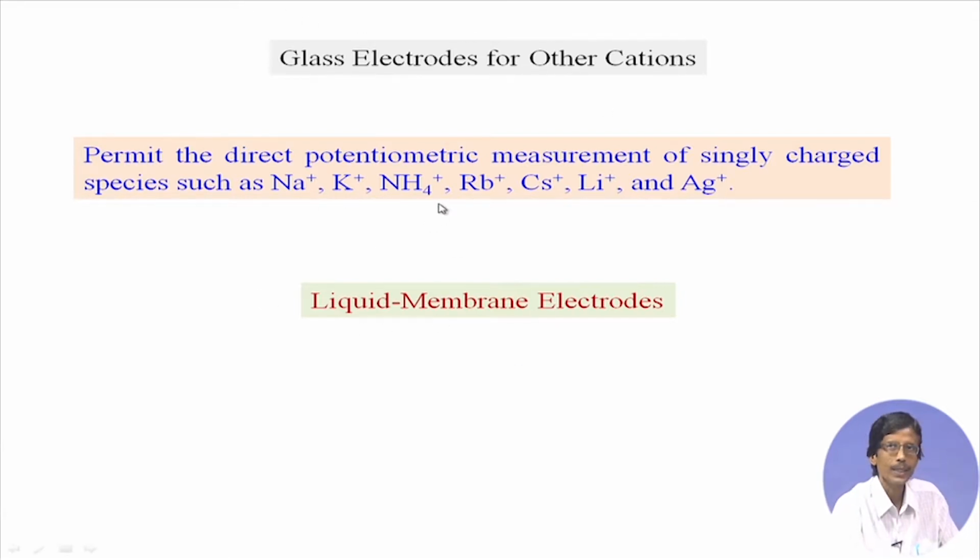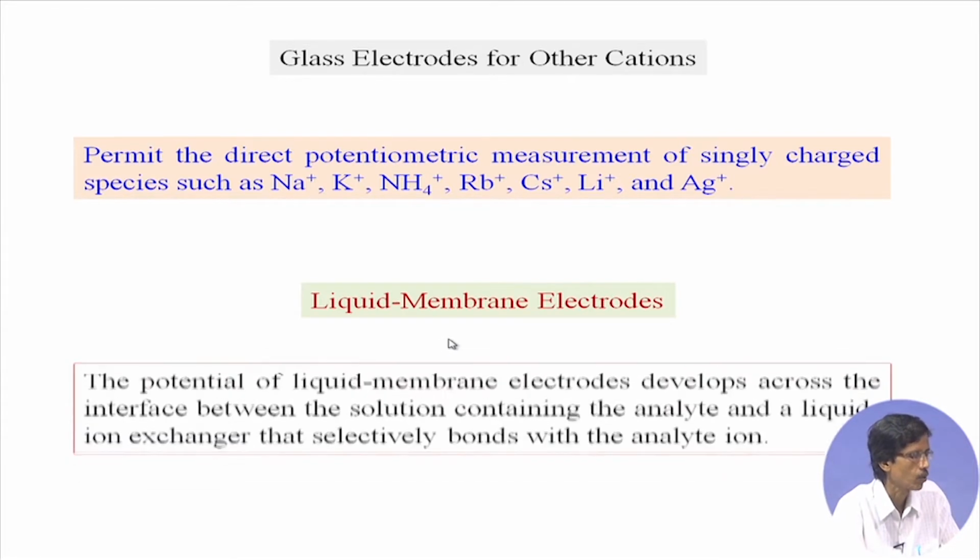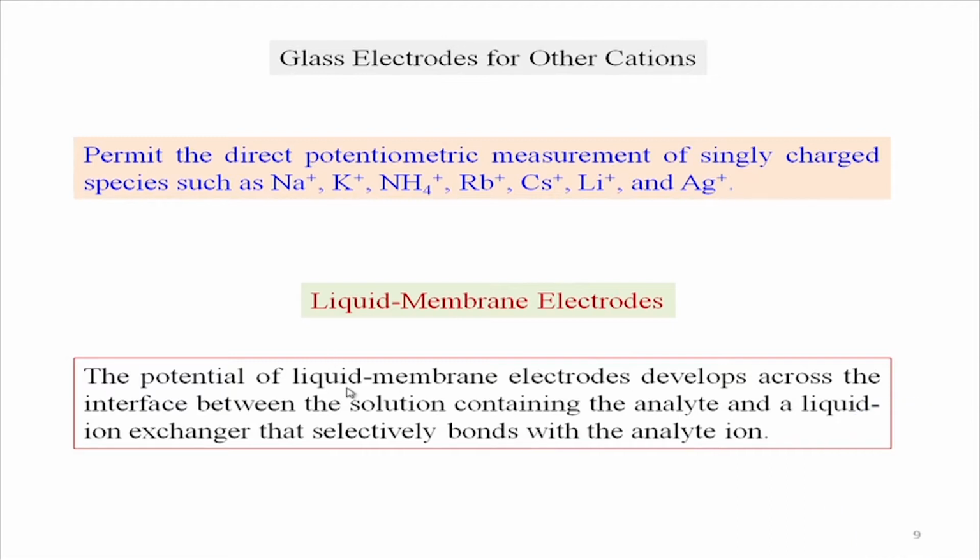So, if we extend that information or idea or knowledge to get a liquid membrane type, because we are handling solutions all the time, and mostly we are interested in handling those solutions for measuring your unknown solutions. So, if you have a liquid membrane like your solid membrane, the glass electrode we are talking about, the glass membrane is your solid membrane.